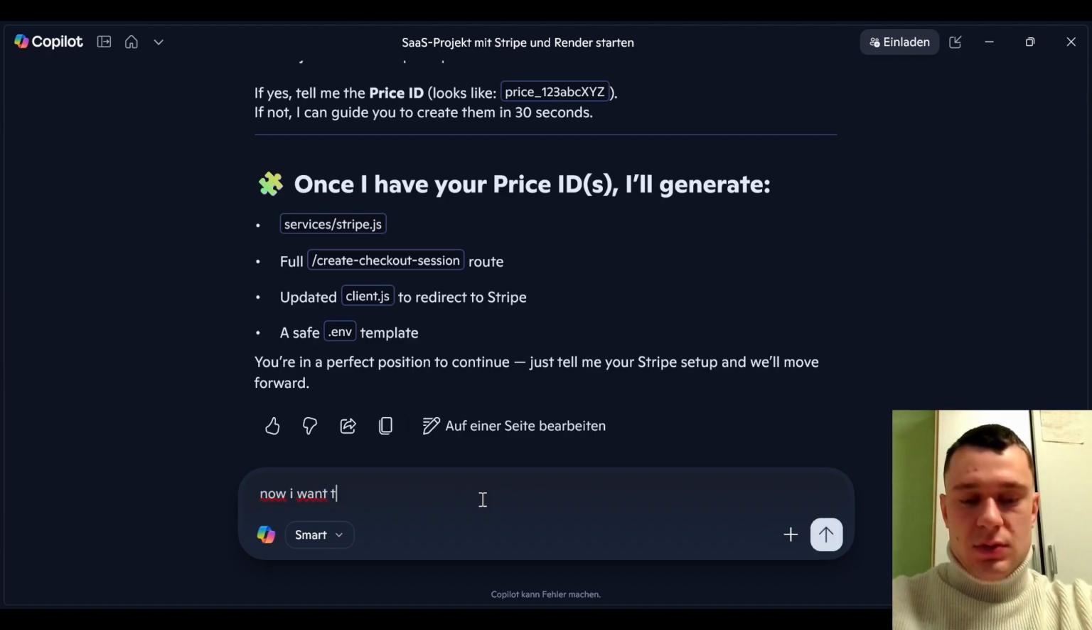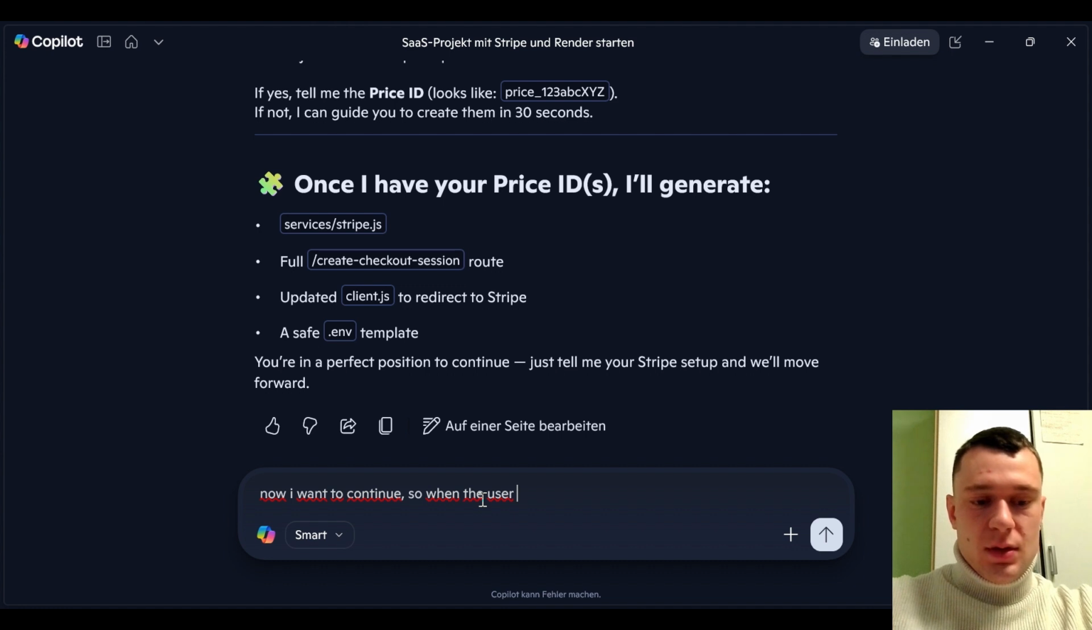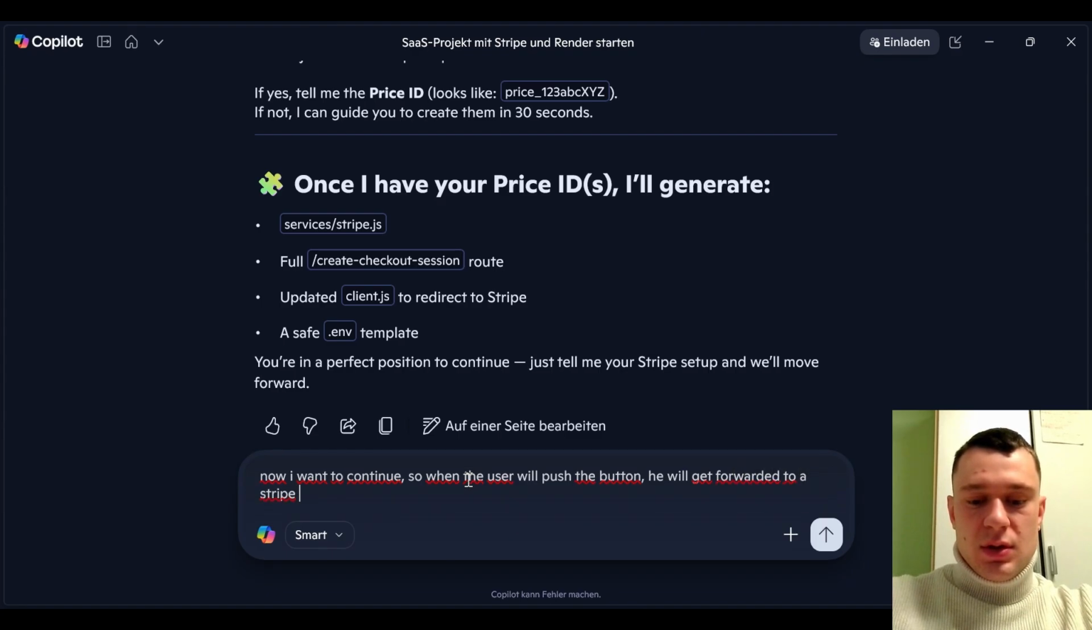Okay, so now I want to continue, so when the user pushes the button, he will get forwarded to a Stripe payment first, or check whether